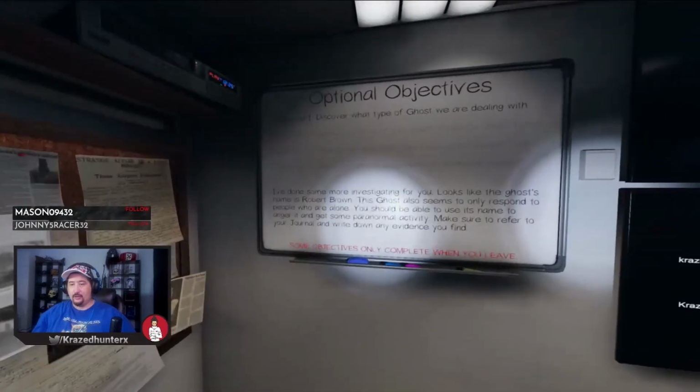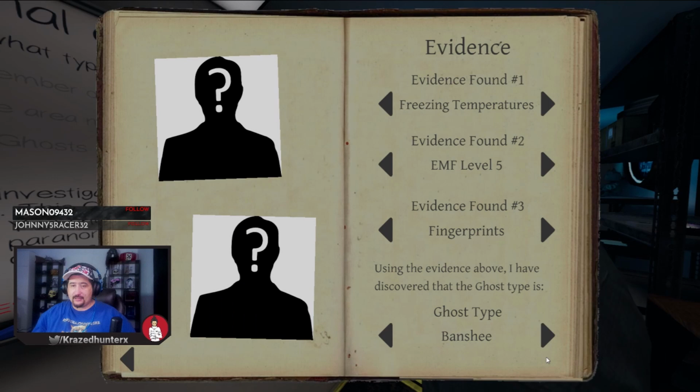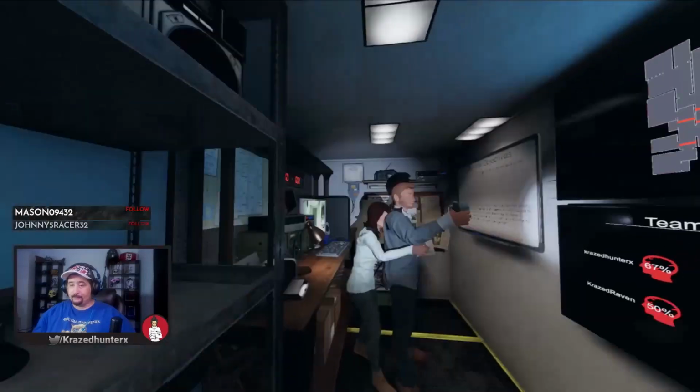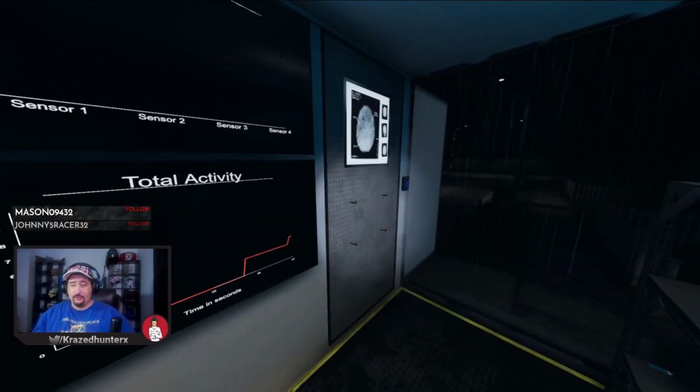All right, so we like to make sure that everybody's got the same thing. We've got our evidence: freezing temps, EMF 5, fingerprints, and the only ghost it can be is a banshee, so you got to have that marked. You don't have to have these marked, as long as you have the right ghost marked. When we leave, we get paid for it. Now that we're on amateur, and our clock has hit 0, which is why it started to haunt and do that kind of stuff,